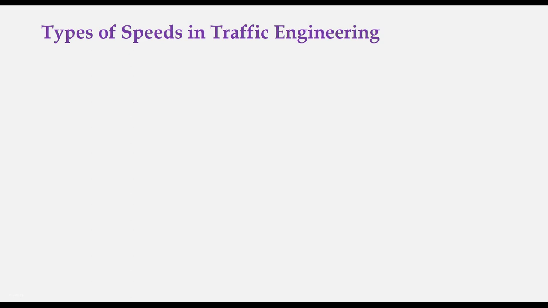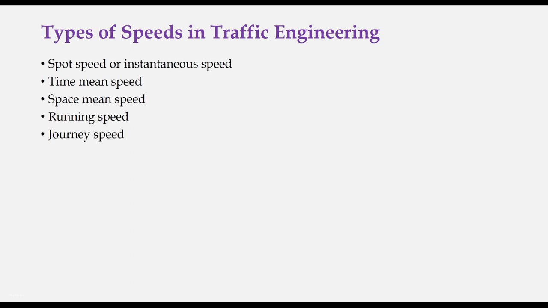1 hour. It is generally represented in kilometer per hour or miles per hour, or in case of pedestrians, it is in meter per second also. And there are several types of speeds which are used in traffic engineering: spot speed or instantaneous speed, time mean speed, space mean speed, running speed, journey speed, and there are many more which I will discuss in the end